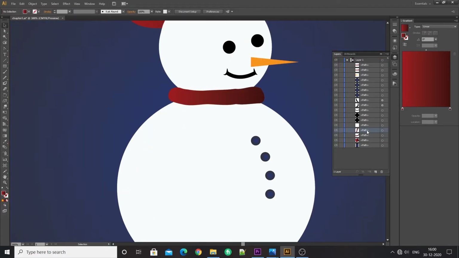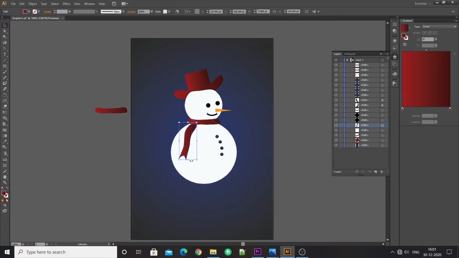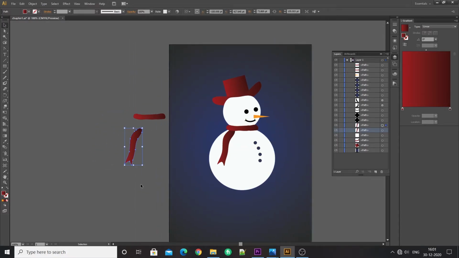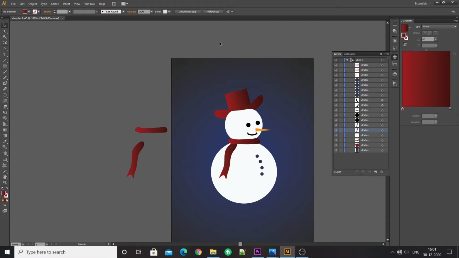Let's adjust the layer below the scarf. Next, I want to add some design inside the scarf. For that, I will have to use a clipping mask. For some viewers, clipping mask will be a new word, so let me explain. Let's take a copy of the scarf and then I'm going to create a pattern like this. I'm going to give a different gradient this time.